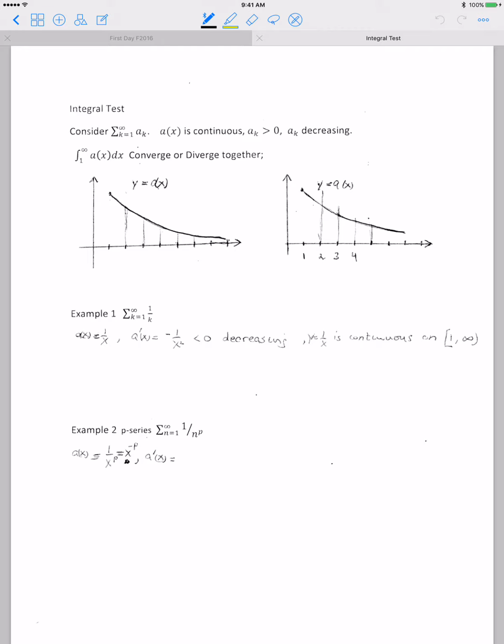In section 9.3, we also cover the integral test. It's one of our first formal tests for convergence. So for the integral test, we're going to consider this